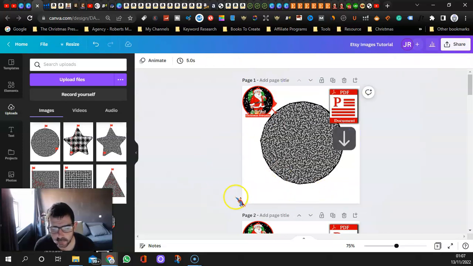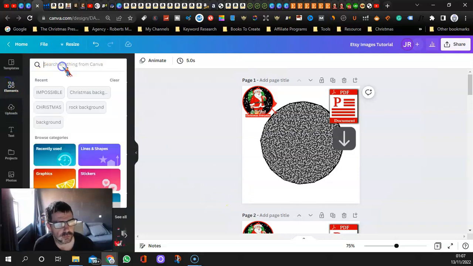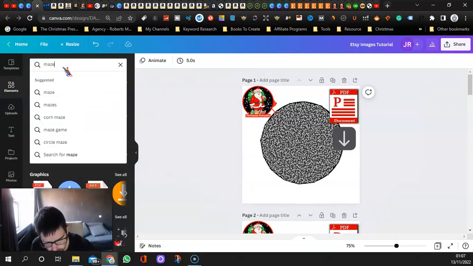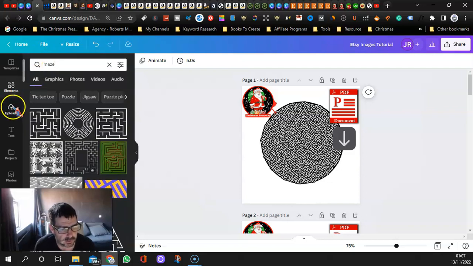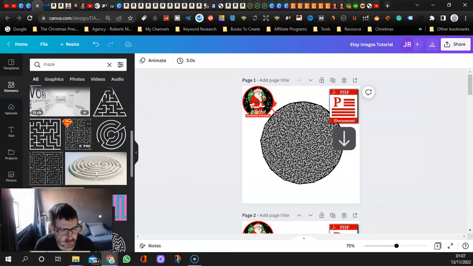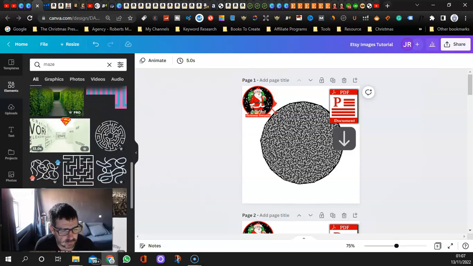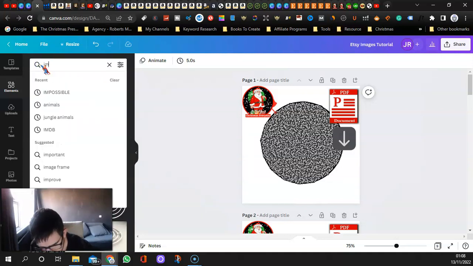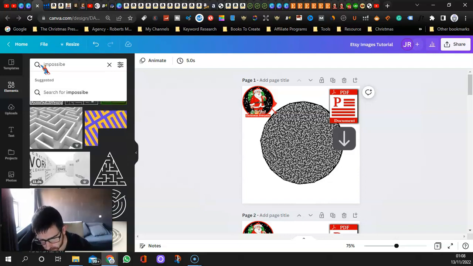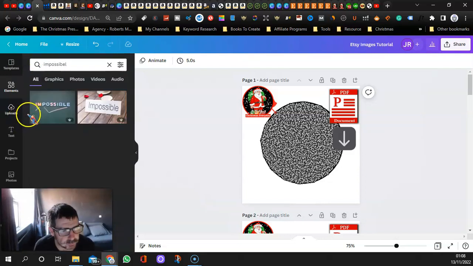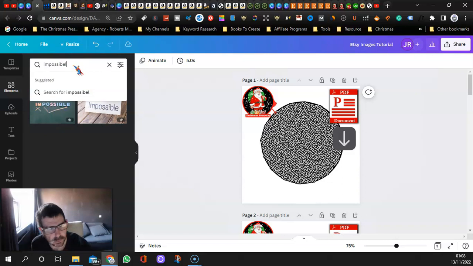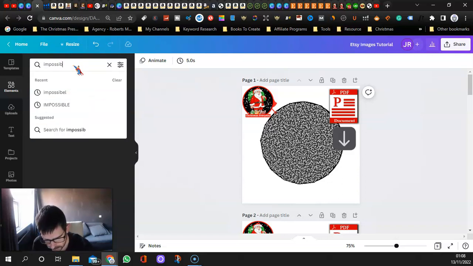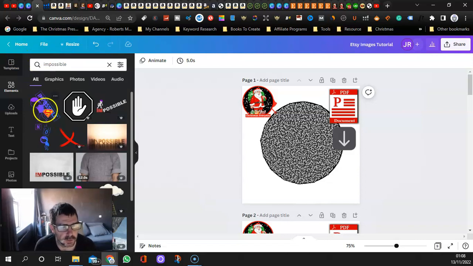Then I'll add some images on, like say for instance, go to elements, and see if you can find anything for maze. Yeah, it's got some mazes on. Or I'll type in impossible, because it's going to be hard, isn't it? So yeah, something like, oh, it'd help if I spelt it right. I'll see, there you go. Yeah, so we could have